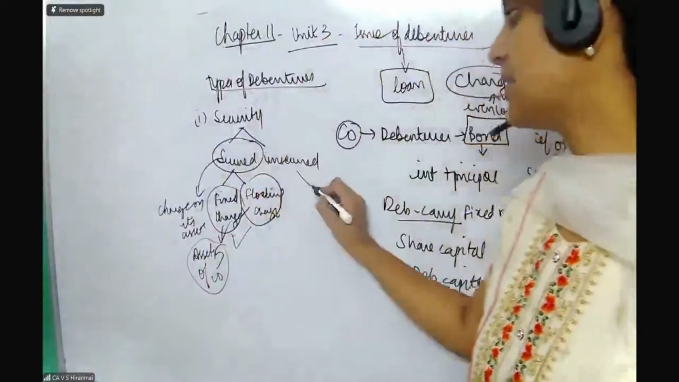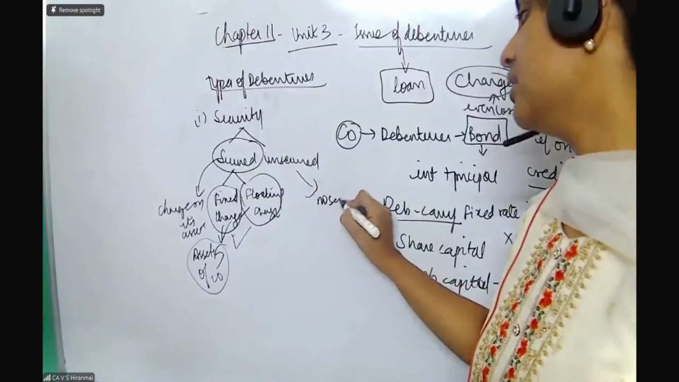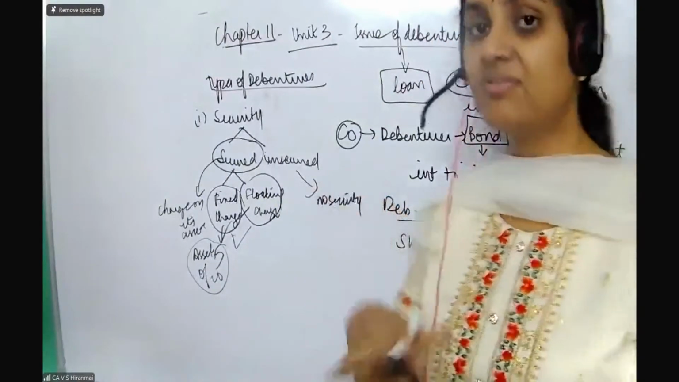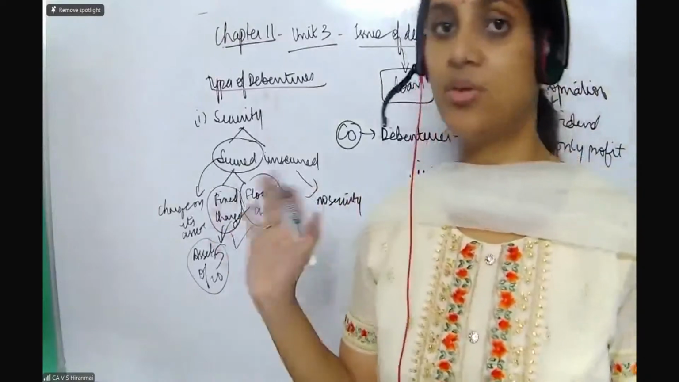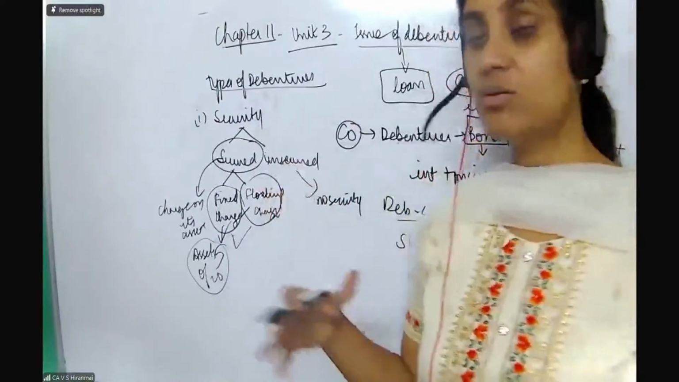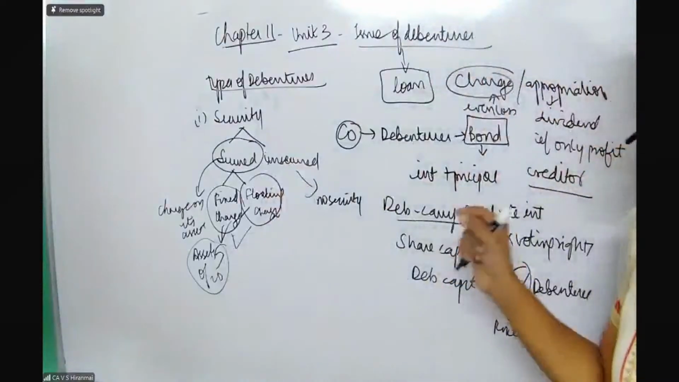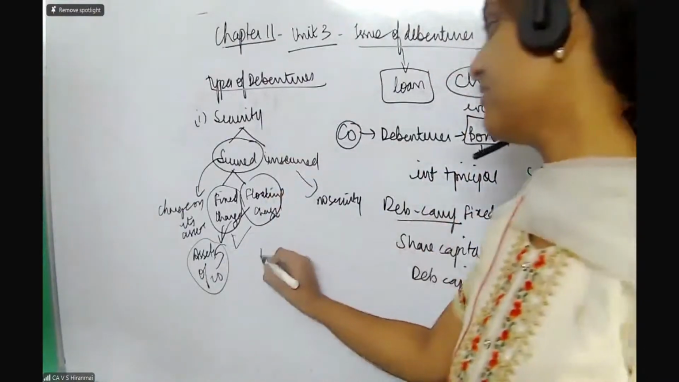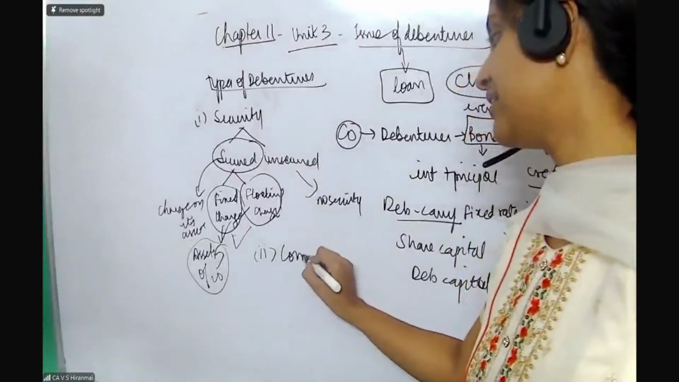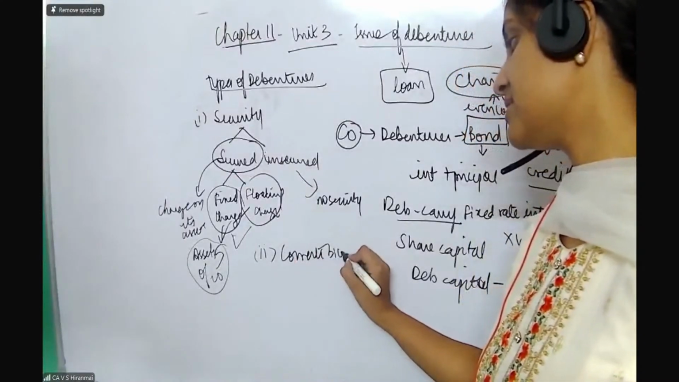Okay. Unsecured means there is no security. You just get it on the belief that the company will perform and it is going to give you your interest and it is going to repay. So if a company has a really good reputation, then you can get the unsecured debentures. Is this clear? And second one, from the point of view of convertibility, we have already seen this in the